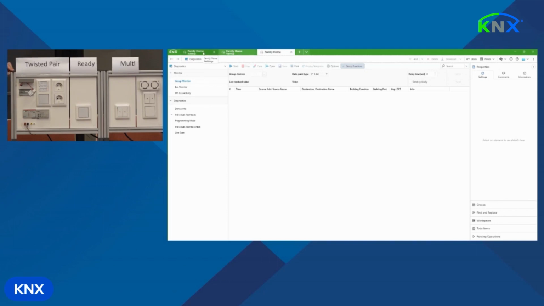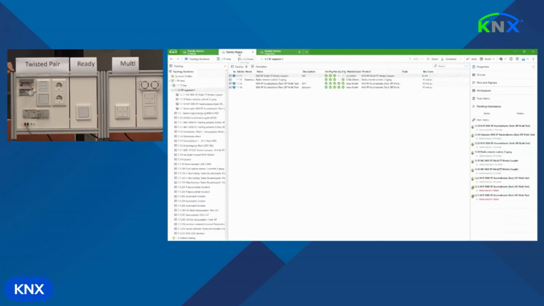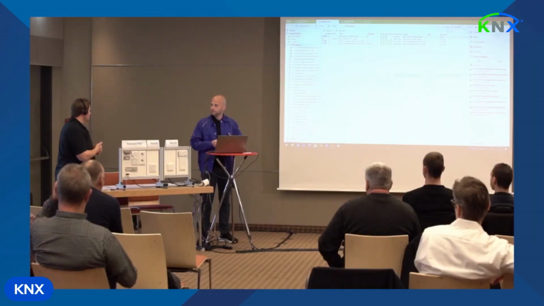Should I go to the buildings tab or should I stay in topology? Go to topology because we need to do some configurations on radio frequency devices. We have learned that one of the reasons why the control frame from the push button to control the ceiling light was sent in ready and unencrypted was the connection to your remote control device. So if we remove this now,